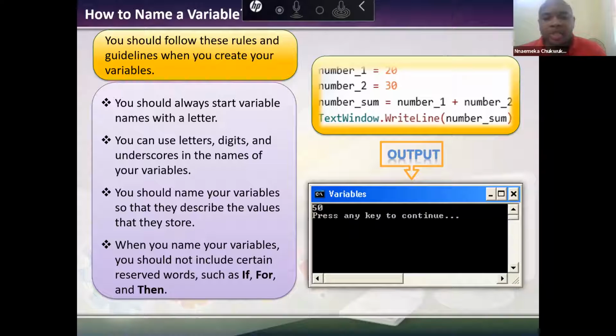Somebody else comes here, for example, and wants to write this same piece of code. Instead of using number underscore 1, the person is going to write my name or people underscore name is equal to 20. It's wrong. In that case, it's not as though the program is not going to run. The program will run, but